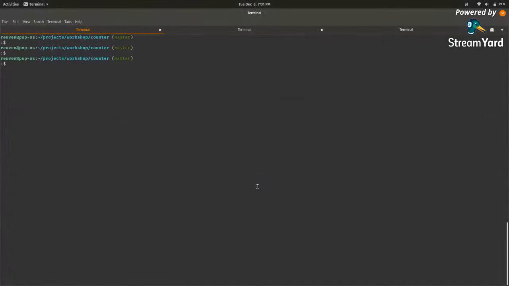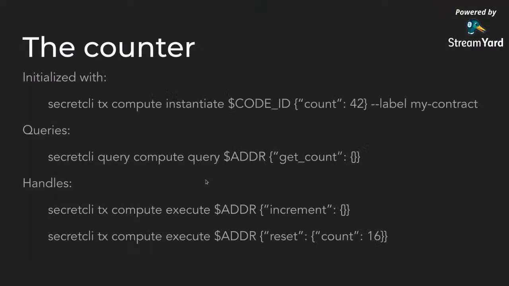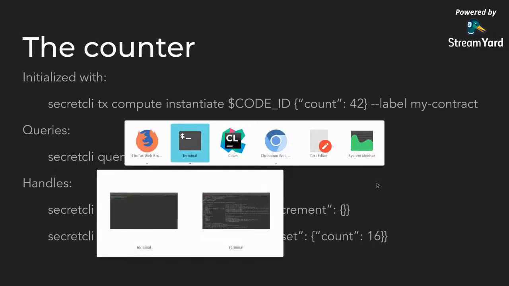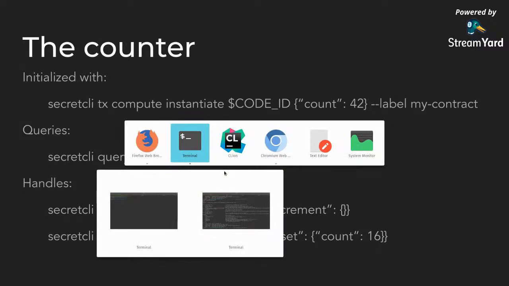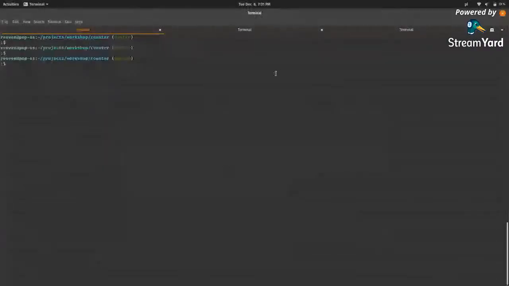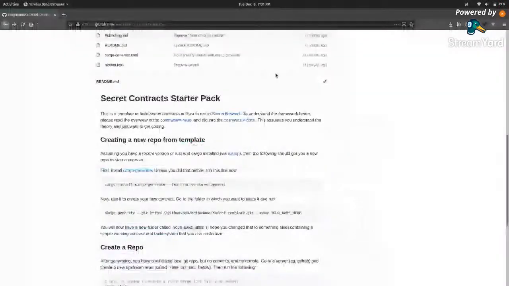So in order to do that, we're going to be using these CLI commands. Now, I'm just going to set up a local environment. I'm going to show you guys how to do that, and I'm just going to show you that all this stuff works. If you guys go to